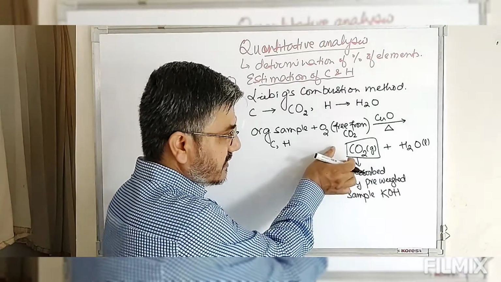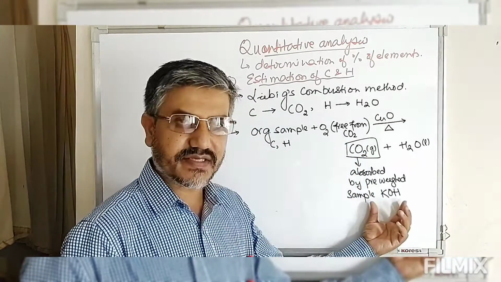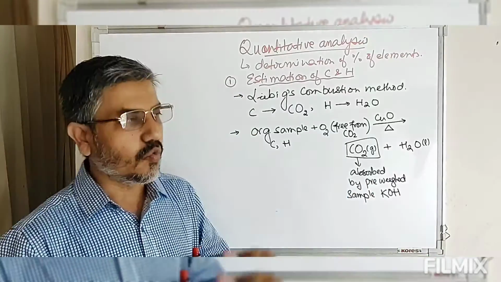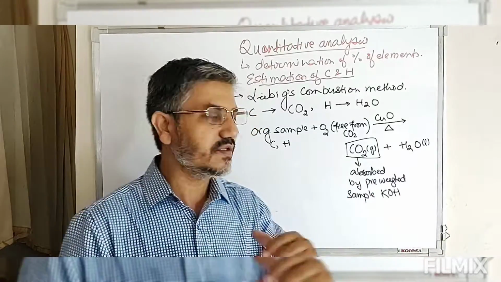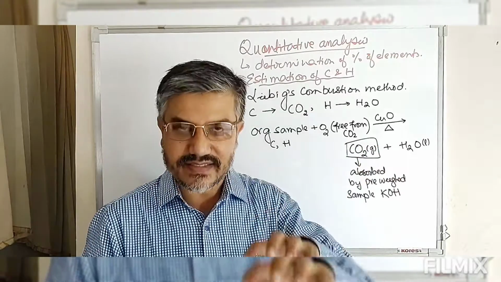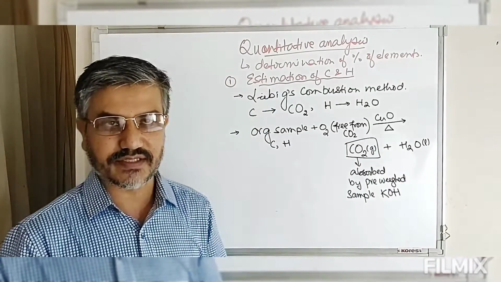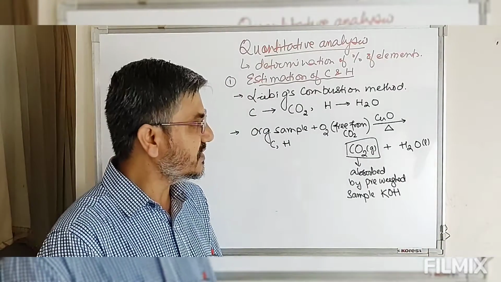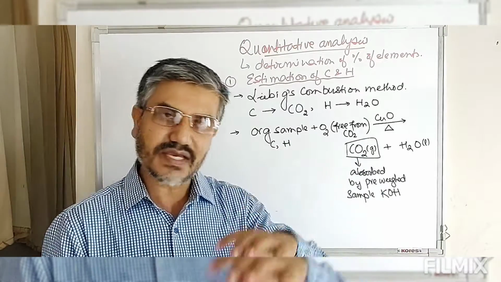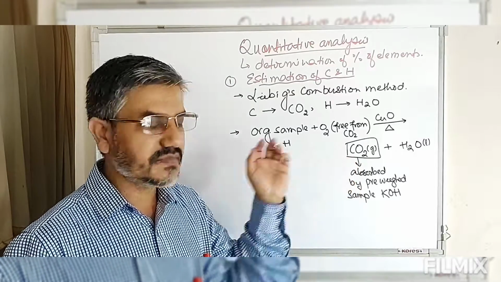So carbon dioxide is acidic, so we require a substance which must be basic so that this carbon dioxide can be absorbed by it. This is the reason why we use potassium hydroxide to absorb carbon dioxide. The carbon dioxide gas, being acidic in nature, is absorbed by sufficiently basic potassium hydroxide. After absorption of carbon dioxide by potassium hydroxide, there will be an increase in mass. So the final mass and initial mass difference will give you the mass of carbon dioxide gas formed.